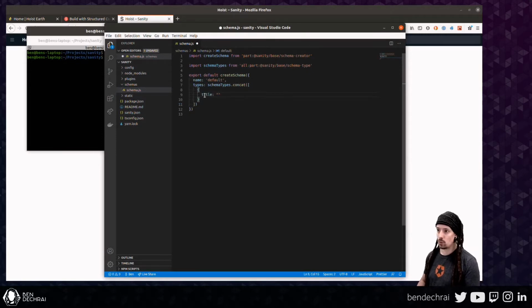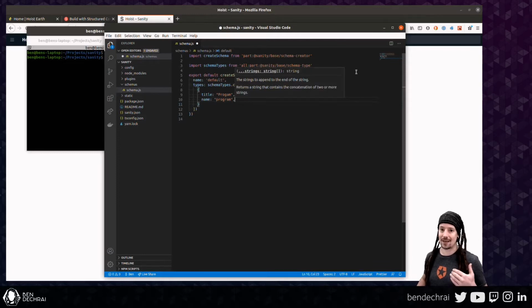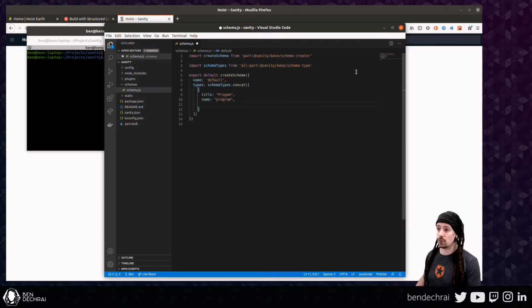In our case, we want a type for program. Each of the programs that we're going to be supporting needs to be in the database. The name of this type we're also going to call program. This allows us to refer to that anywhere else. You could technically have a data type that contains a program. And in fact, we'll be looking later on where we have an image as a data type as part of this program. So we'll give the title program, name program, and the type of this schema type is going to